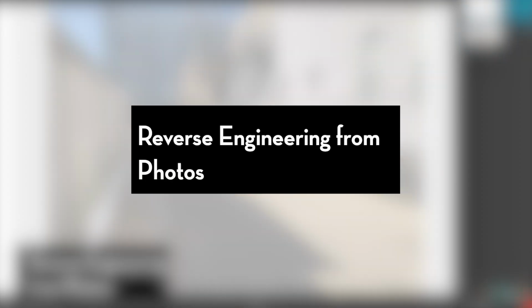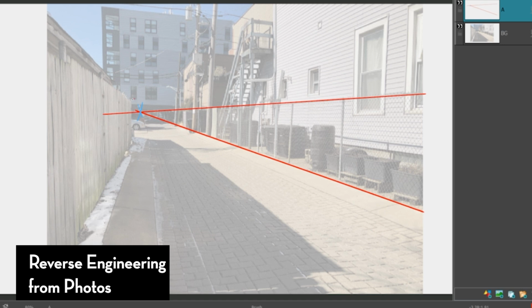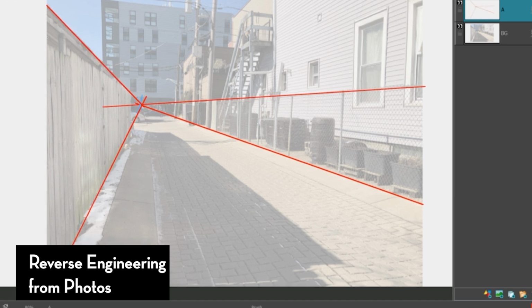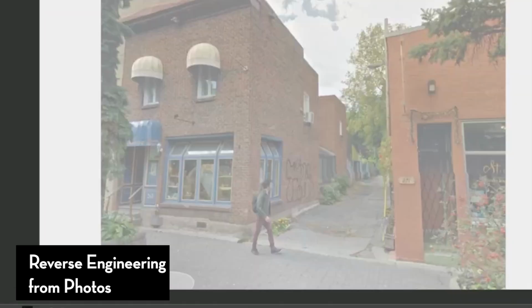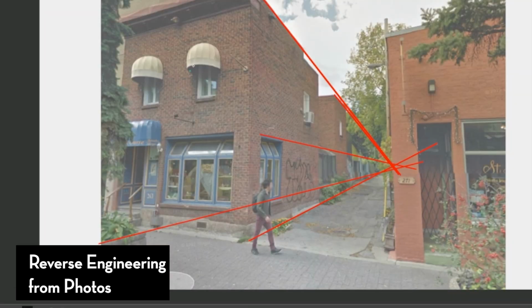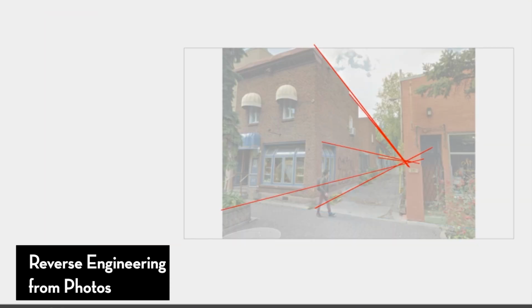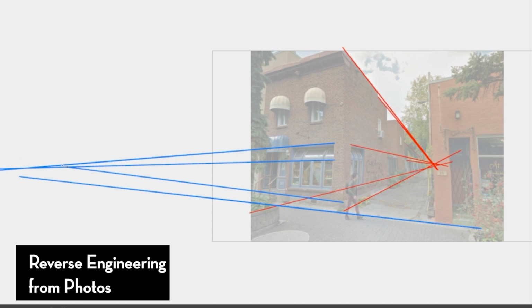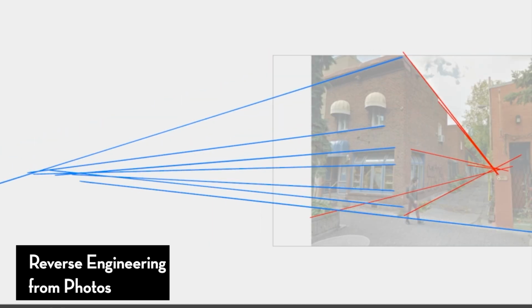Something that I would also encourage you guys to do is to do a little reverse engineering. So I would say trace from real life pictures and try to find the perspective lines and vanishing points and the horizon line by tracing the angles of the walls. Some are easier to spot, whereas some can be much more complicated, especially when there's a lot of walls and surfaces in different angles. So let's find an example.